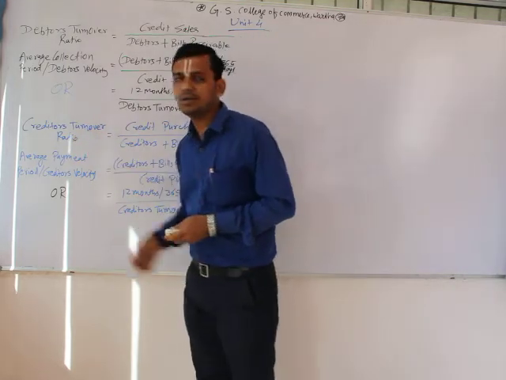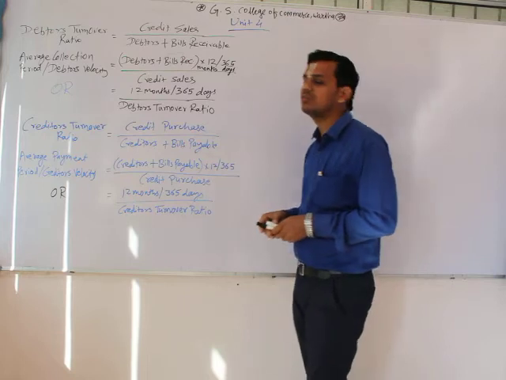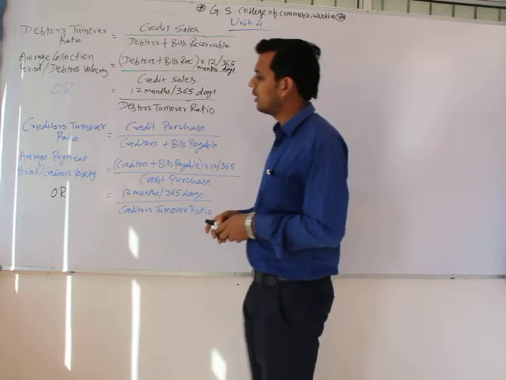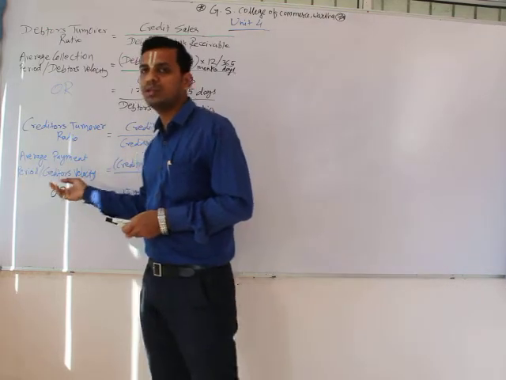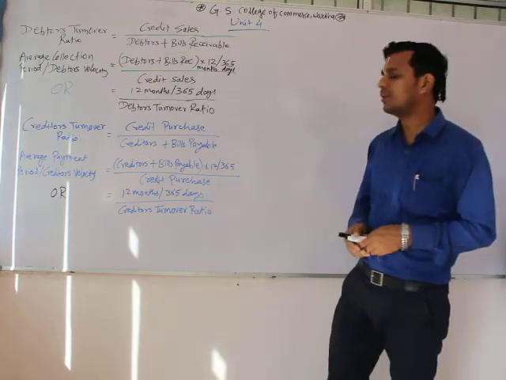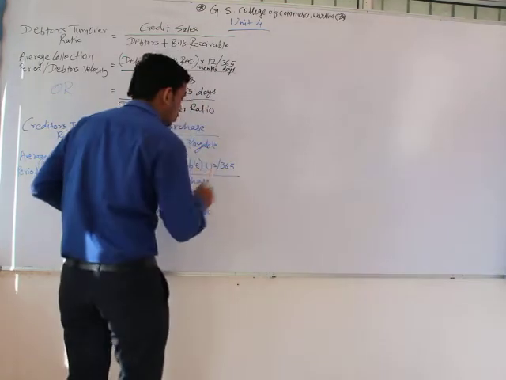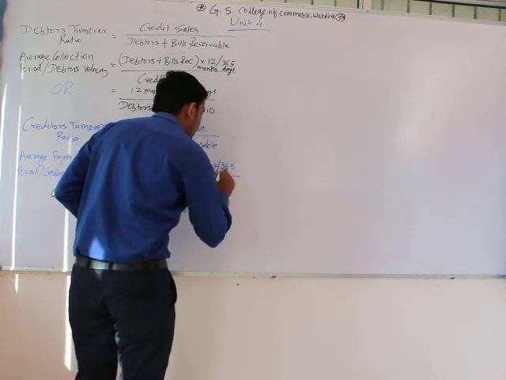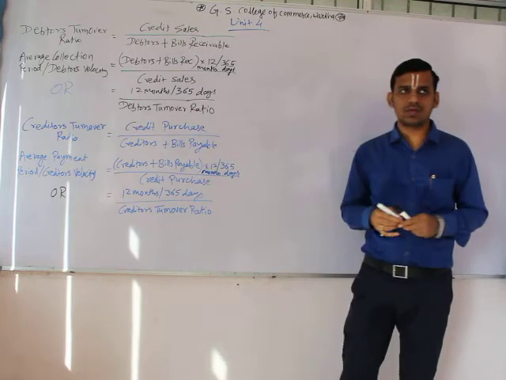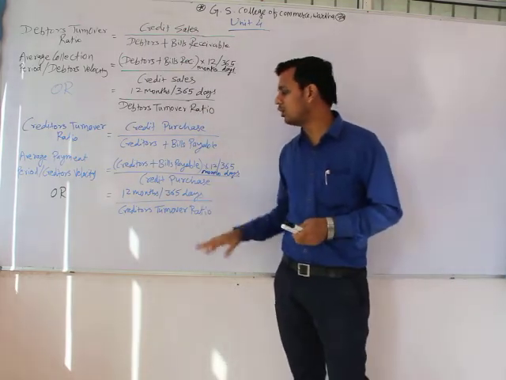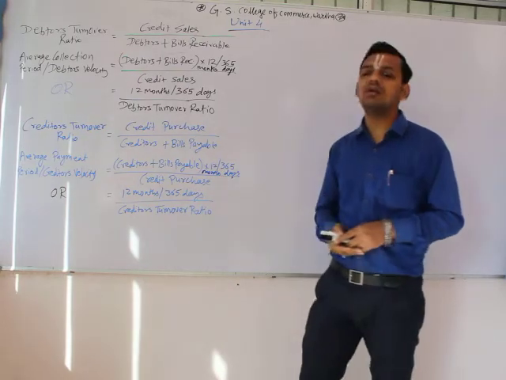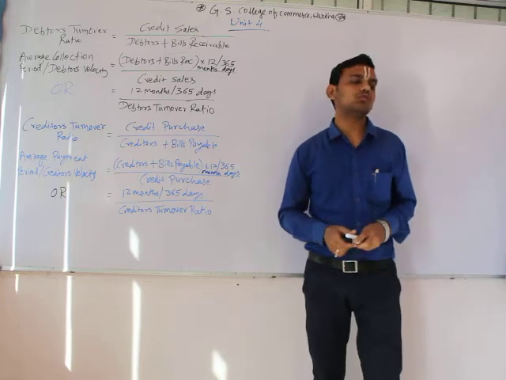A similar formula is used for creditors also. The formula for creditors turnover ratio is credit purchase divided by creditors plus bills payable, whereas average payment period, also known as creditors velocity, is equal to creditors plus bills payable into again 12 months or 365 days divided by credit purchase. Another formula for calculation of creditors velocity can be 12 months or 365 days divided by creditors turnover ratio. Moving to question number 1.